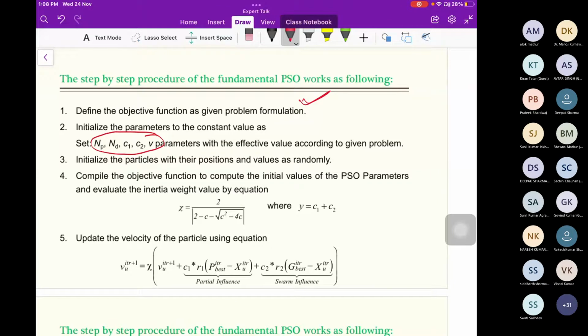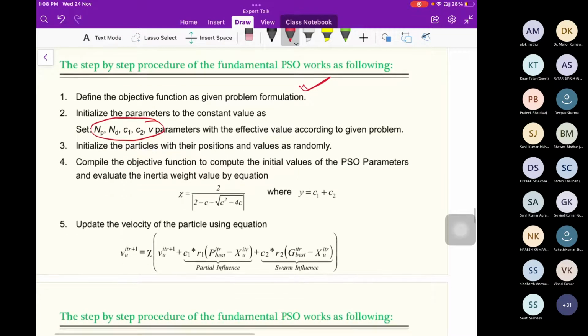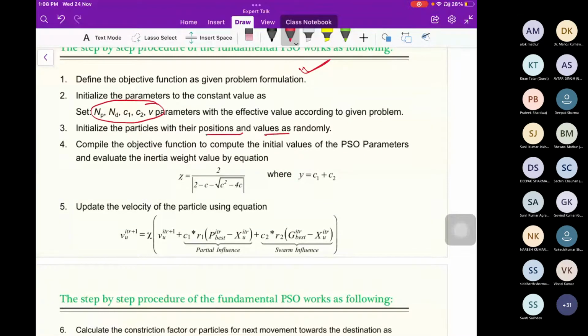But this is the disadvantage of the PSO algorithm, because two parameters of the algorithm are there, and it also requires tuning. So first of all, we will tune these parameters. After that, we get the best solution. So Pbest is the best position of any particle, Gbest is the best position of the system, and x is the position of the particles.